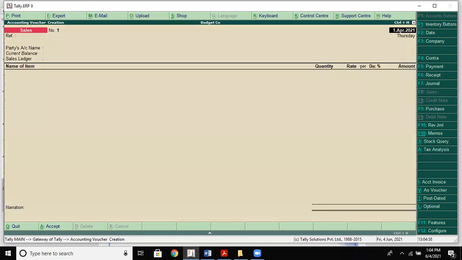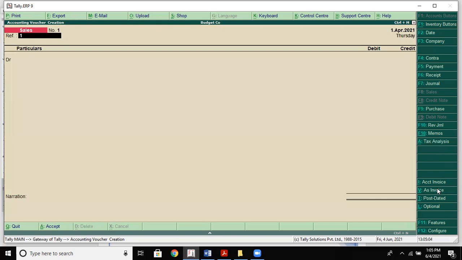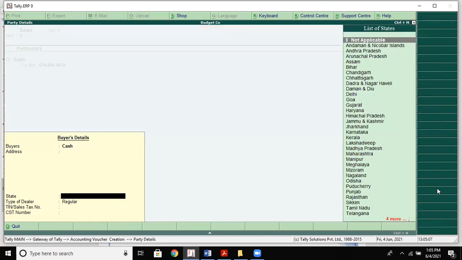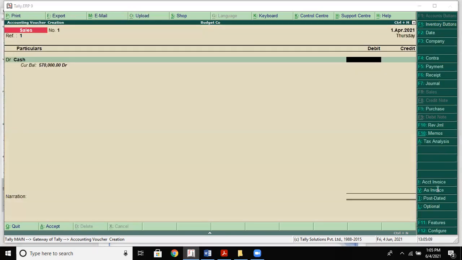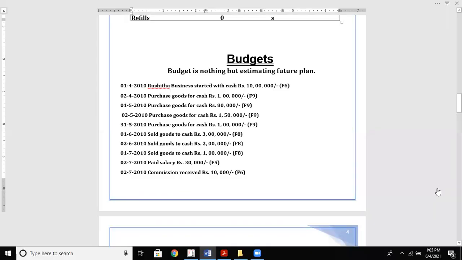So sales entry, it should be in voucher mode. So she sold some goods, cash sales, and the amount is 3 lakhs.